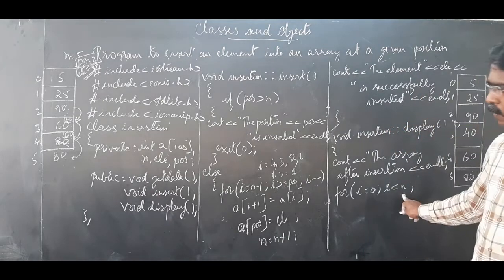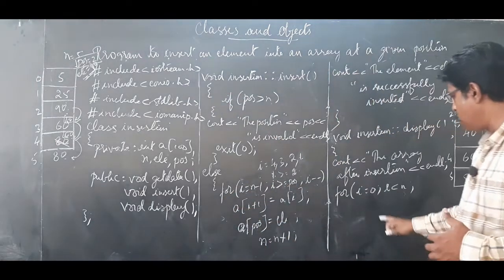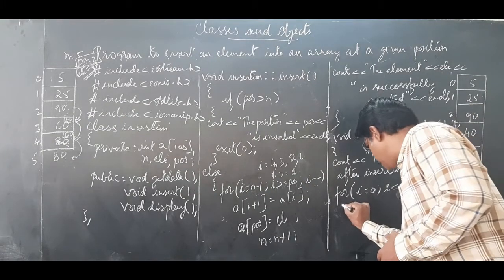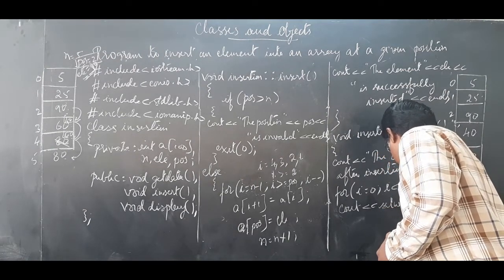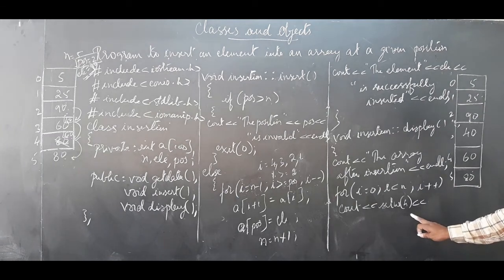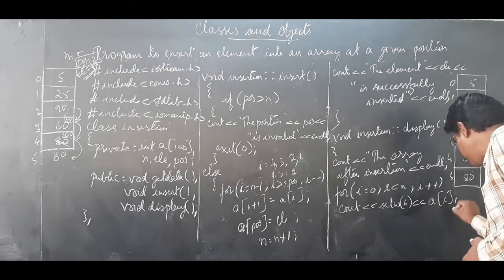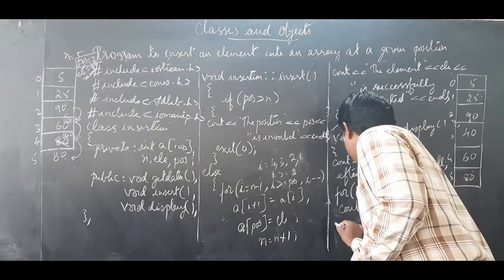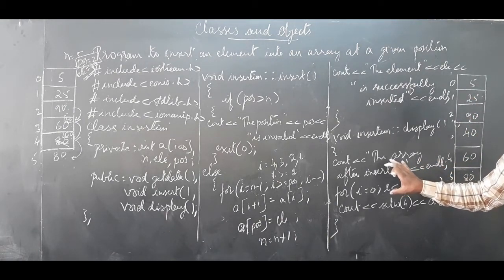You know we have updated value. The initial value, the input value for n was 5, now it is 6. So i equals 0, i less than n, i plus plus, then we are going to print it, cout. I use setw, you know in the previous year we have used setw for creating 4 column space. So setw of 4, then I am going to print the array here. setw of 4, A of i. Then I close the flower bracket. This is the resulting array. This resulting array will be printed by using this display member function.